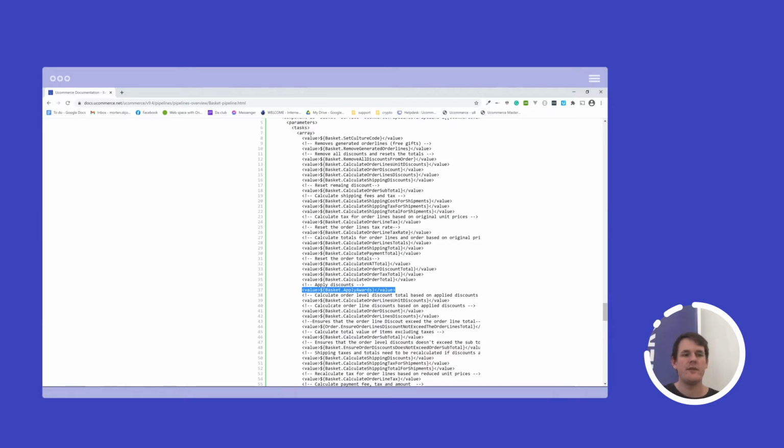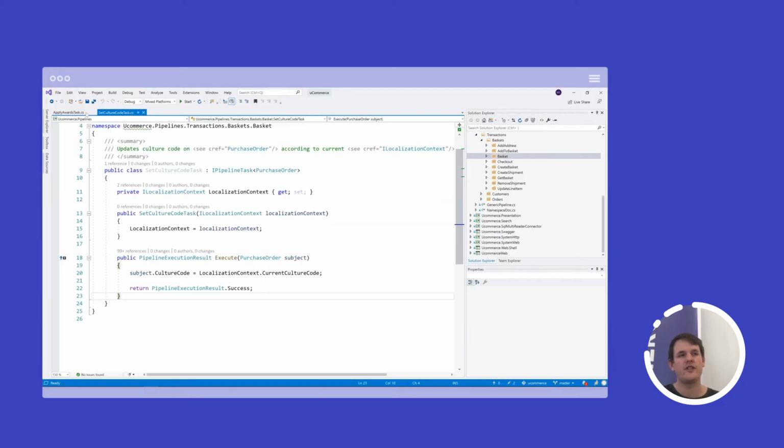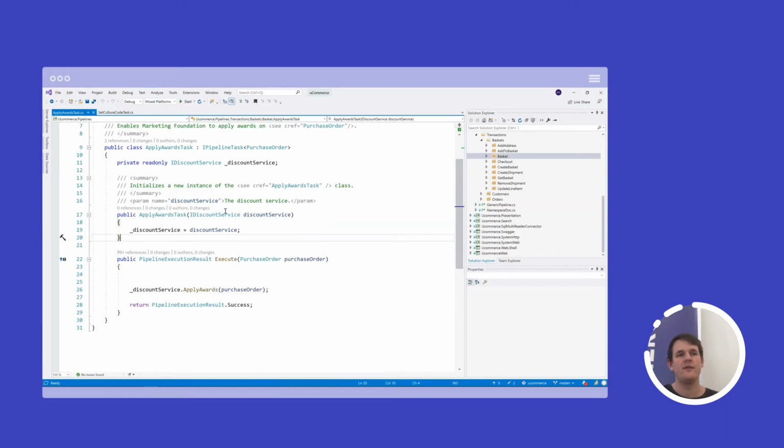But if we take a look at the implementation for this, that's also just something that is being injected in by composing the stuff together. So we inject a discount service that then has the responsibility of actually applying the awards to the orders. So something very complex is hidden away in some business logic, so it becomes very easy to read what's going on, instead of taking the implementation of this method and having it all in here.